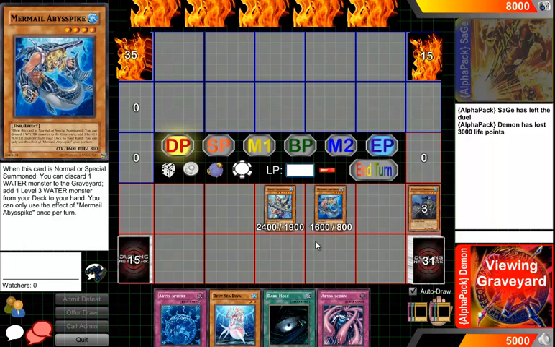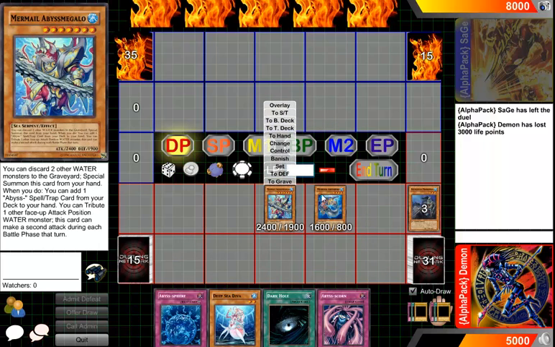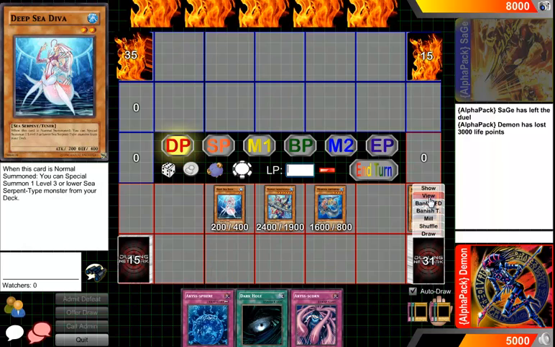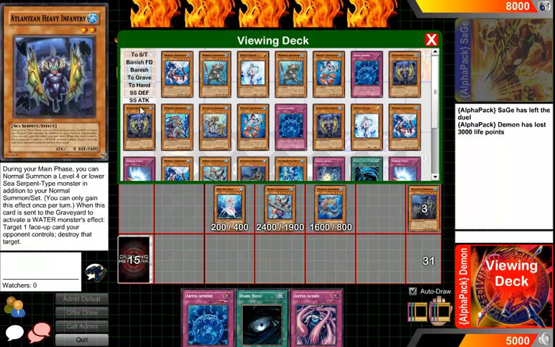Now, since I don't have anything in my hand worthwhile using for Spike's effect, I'm just going to leave it at that for now. And let's say they have an empty field, I can use Megalo's effect, ditch Spike, and attack. But what I'm going to do is summon Diva and use Diva's effect. I'm going to bring out